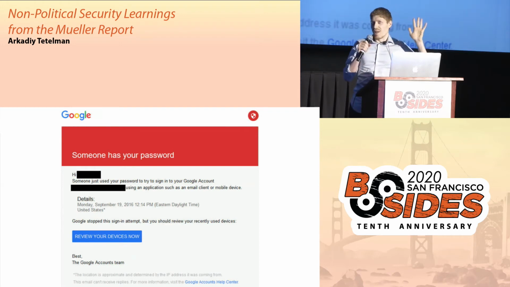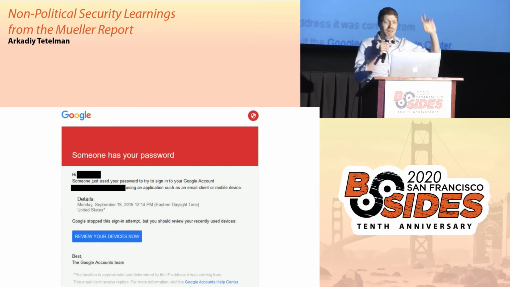I'm a little bit blinded by light, but I think I see a handful, like 2-3 hands. Who thinks this is a phishing email? A lot more hands, most people. So it turns out it is both. This is a real email that Google will send you if they think with high certainty that someone has logged into your account and it is not you. It is also the template that the GRU used to phish John Podesta. So if you raised your hand for either, you were correct. If you raised your hand for both, you were doubly correct. If you raised your hand for neither, you probably don't like audience participation, but...